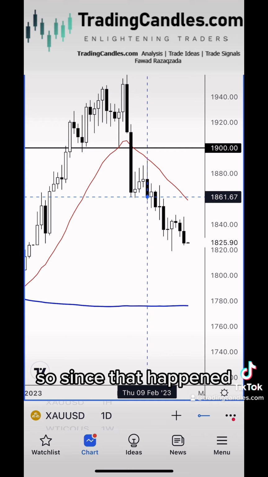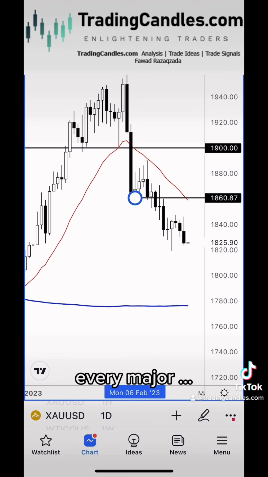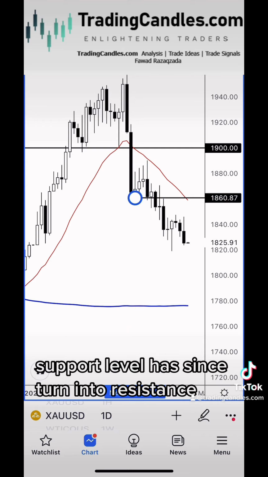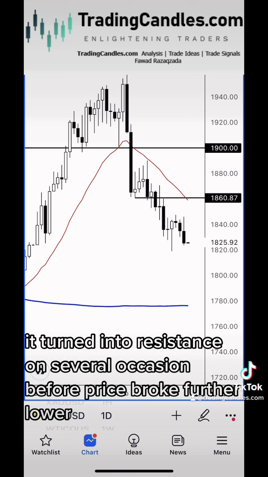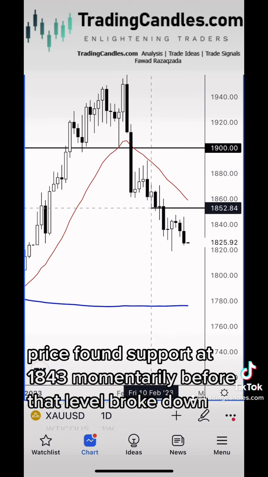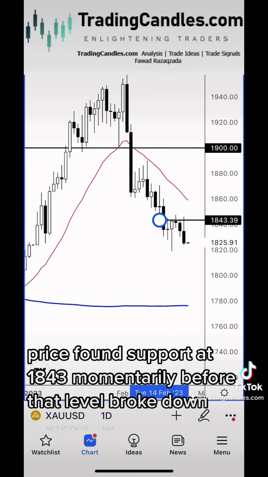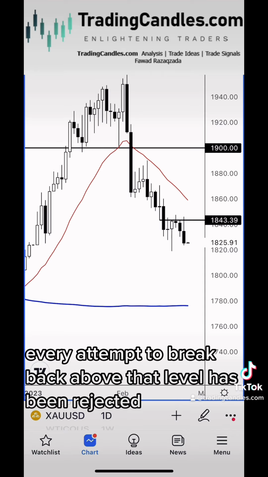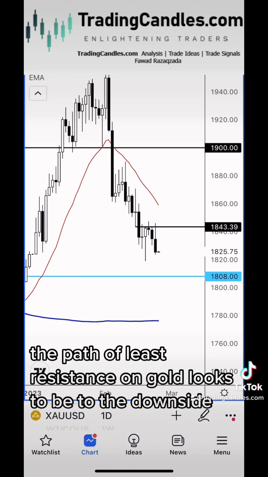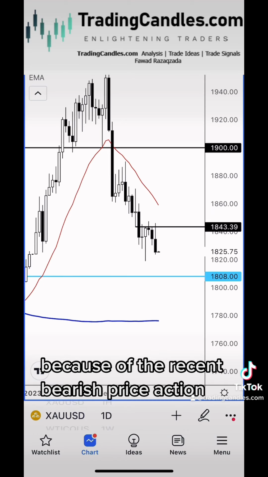So since that happened, every major support level has since turned into resistance. For example, 1860 was support here. When price broke below it, it turned into resistance on several occasions before price broke further lower. Price found support at 1843 momentarily before that level broke down, and since then every attempt to break back above that level has been rejected. The path of least resistance on gold looks to be to the downside because of the recent bearish price